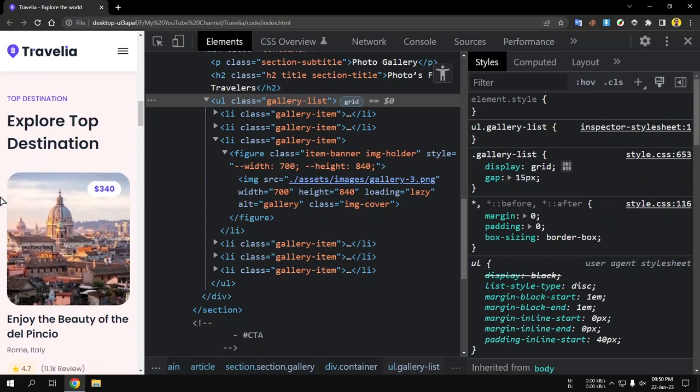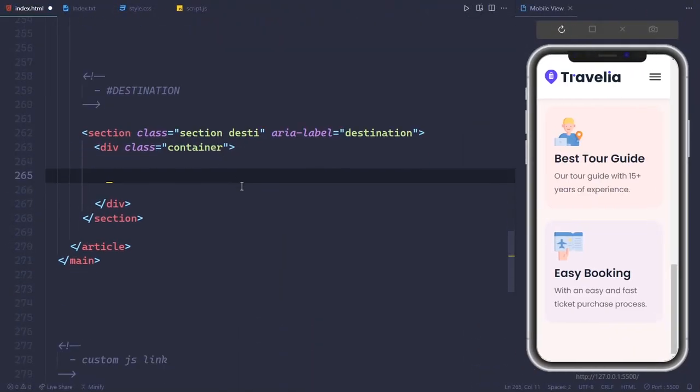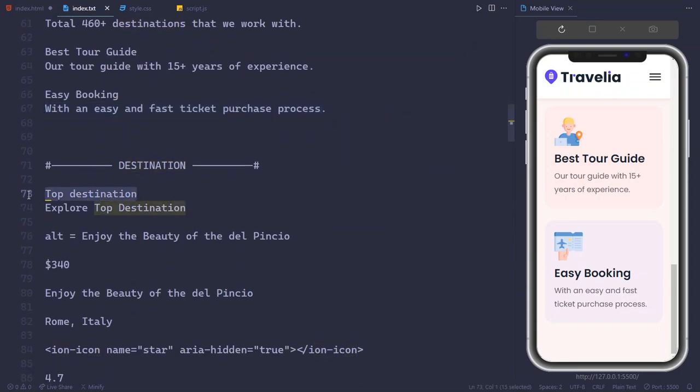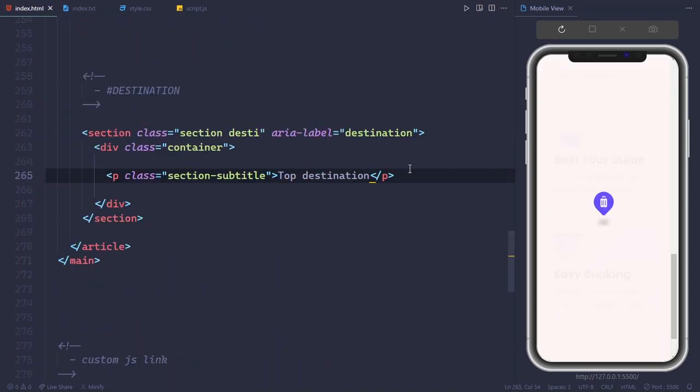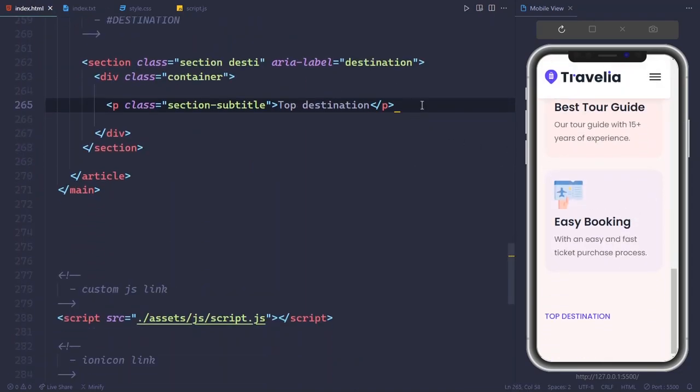Alright, let's do this. So for the subtitle, p.section subtitle, and here's the text, top destination, and then